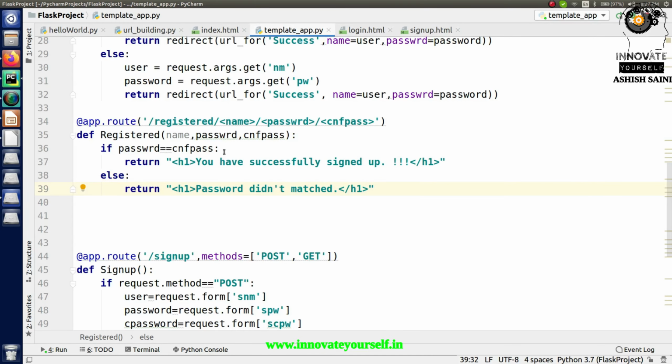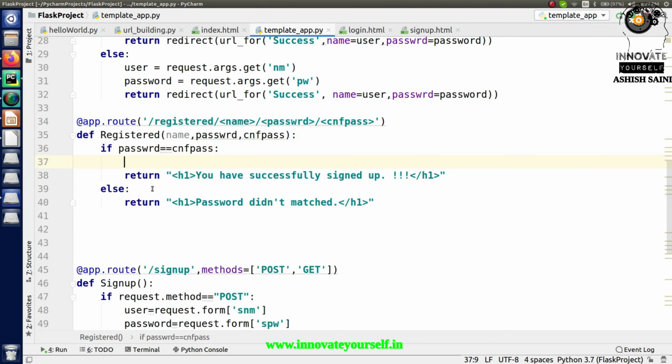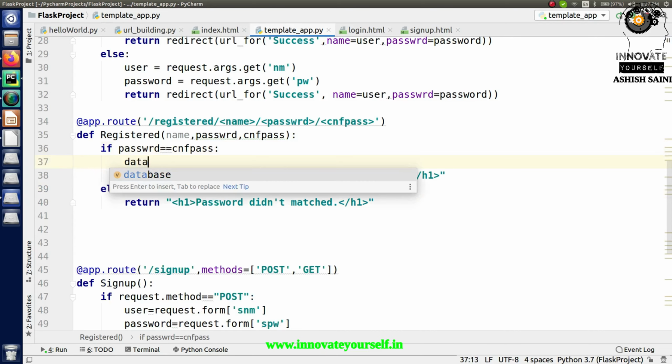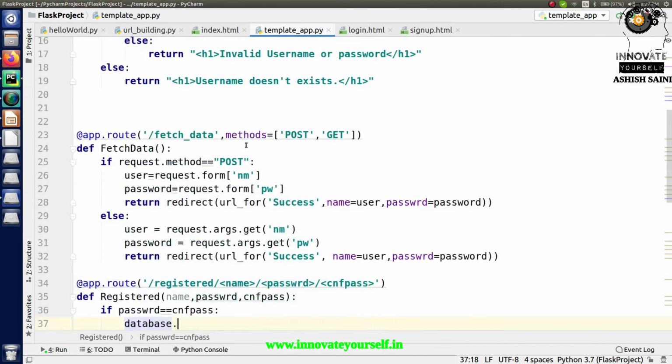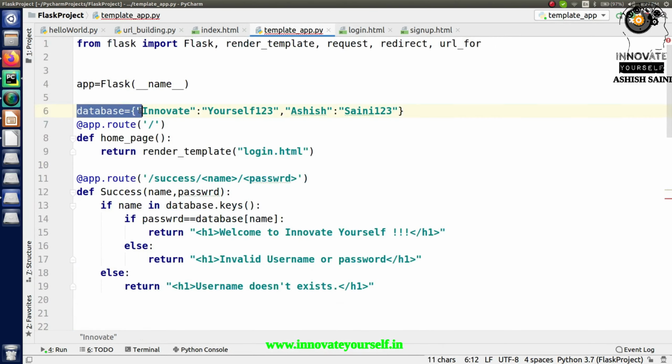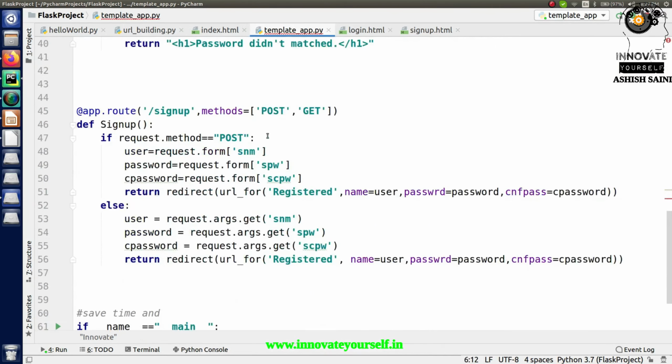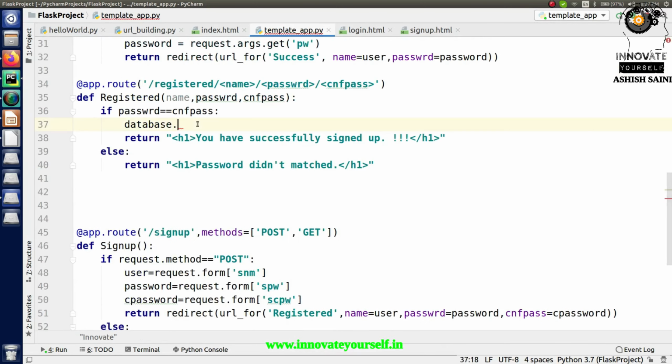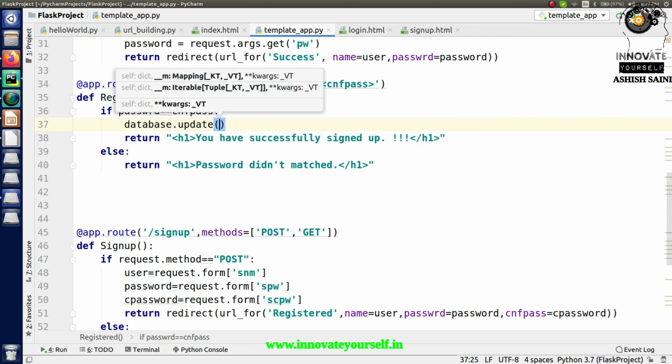And also one more thing I have to do in here, and that is to update the value into your database, and your database is this variable, which is a dictionary for now. So when I have those values, I want to update them, and I will be updating them in this way.